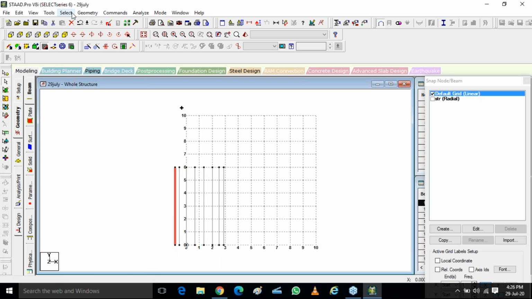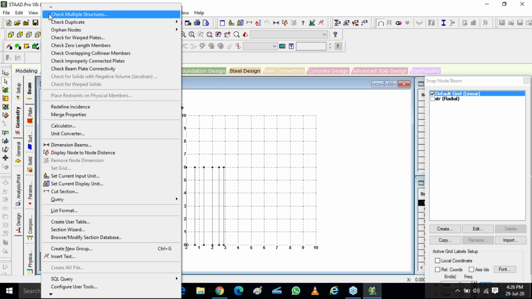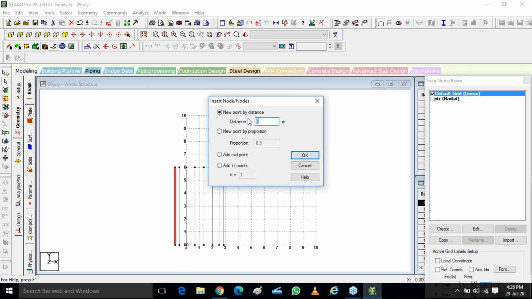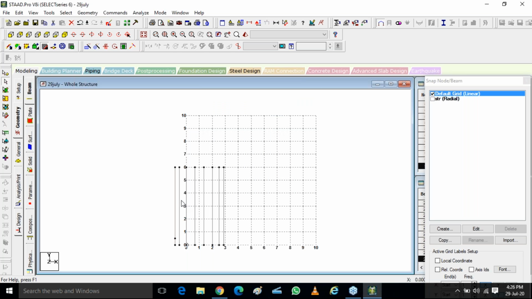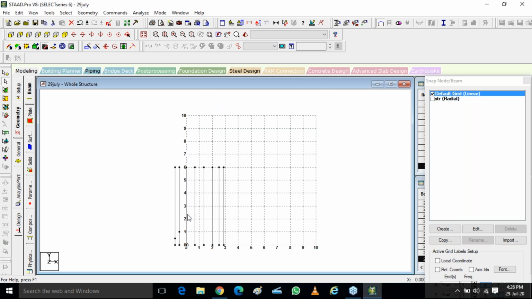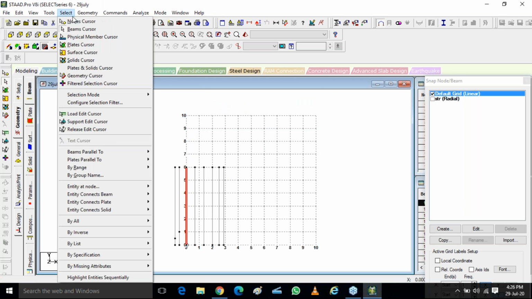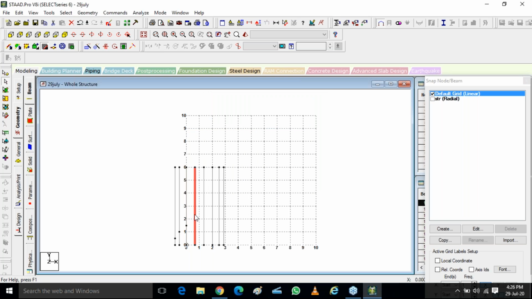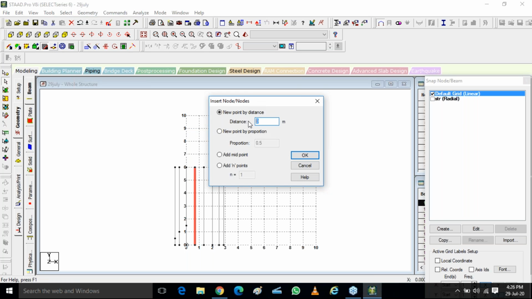You take the first beam, select insert node, or the shortcut is there. Insert node at how much distance? 0.5. Okay. In the second, insert node at 1 meter. In the third, insert node at 1.5. A bit tedious process, I know, but you have to do it. This, 2 meters.